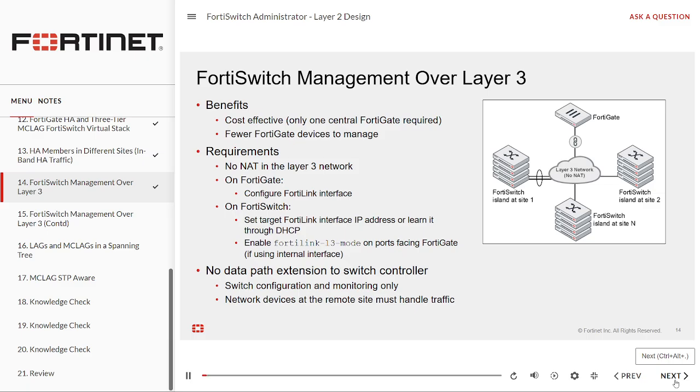You can also manage FortiSwitch devices over a Layer 3 network that is fully routable. This is, no network address translation, NAT, is performed along the path. This is a cost-effective solution for large networks that have multiple groups of FortiSwitch devices, called islands, that are located at different sites and must be managed from a central FortiGate device without having to deploy a FortiGate device at